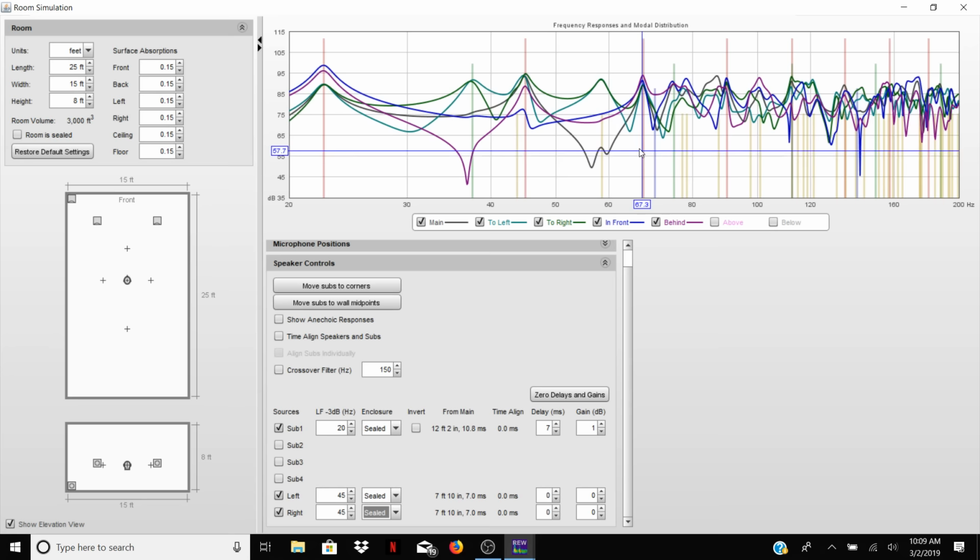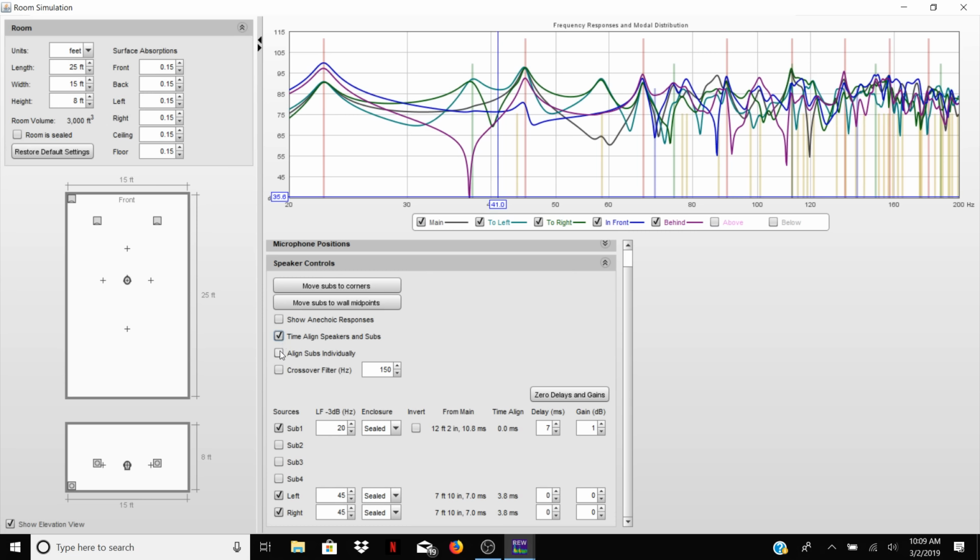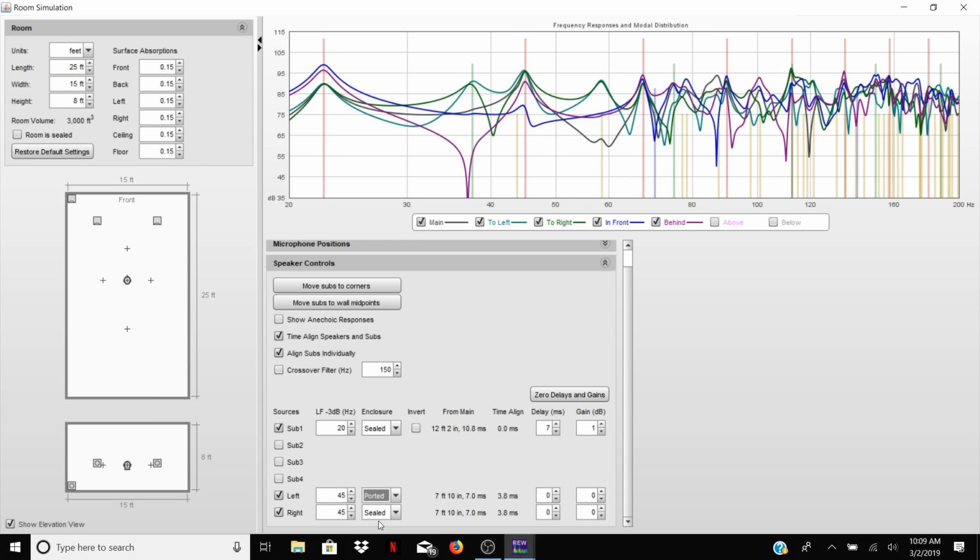Now, at the moment, what you're seeing me do is test out what it would look like in a typical system with a left and a right speaker, no crossovers of any kind, a single subwoofer. I'm showing you what happens when you make the main speakers sealed versus ported. It matters, but actually the main point I want to make to you is that some people have this belief that if you have ported speakers and sealed subs, or sealed speakers and ported subs, they somehow don't blend well